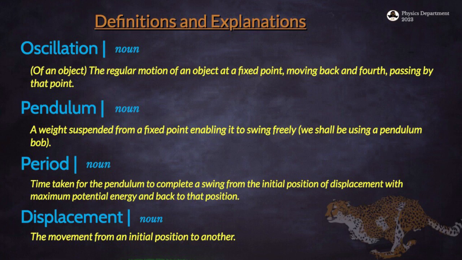The initial position of displacement is where we know what. Okay, let's go to displacement, then I'll explain what I want to explain. Displacement is the movement from the initial position to another. So when the pendulum is moving from that vertical place where it is the place of rest, we then move